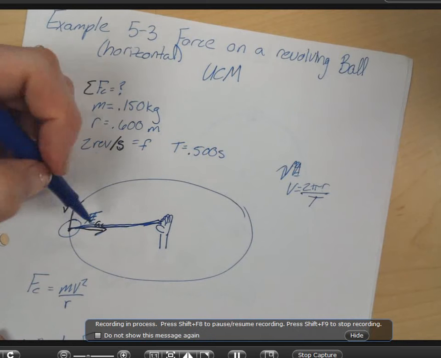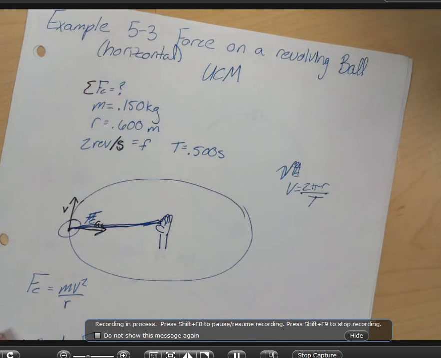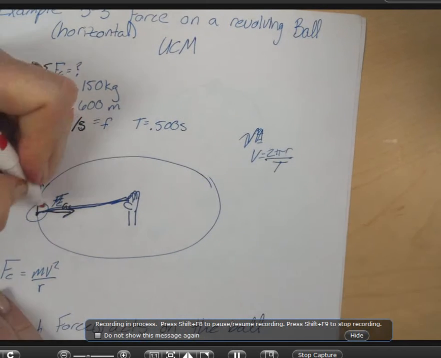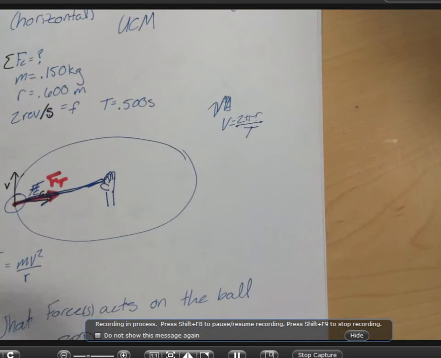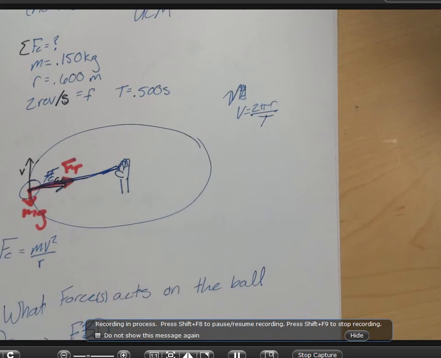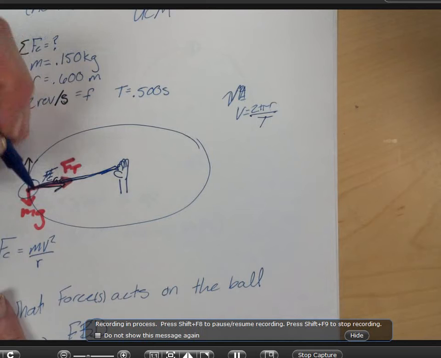And notice that I did not draw that string straight up and down, because that string will be experiencing a force on it. Specifically, it will be experiencing the force of tension. And we know that that's true. But that ball exists on Earth, so that ball has weight. So there is yet another force down here, the weight of the ball, mg. And you notice I had that arrow in there as the centripetal force pointing toward the center. It's not quite completely